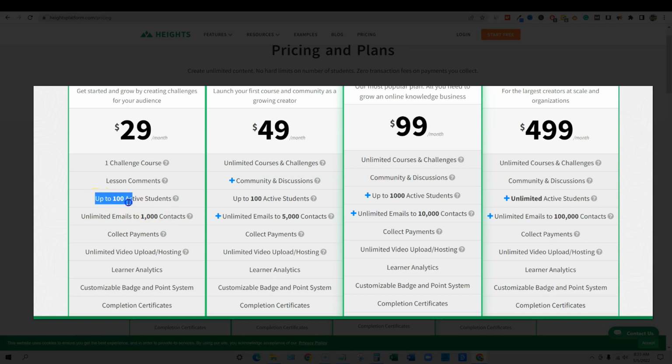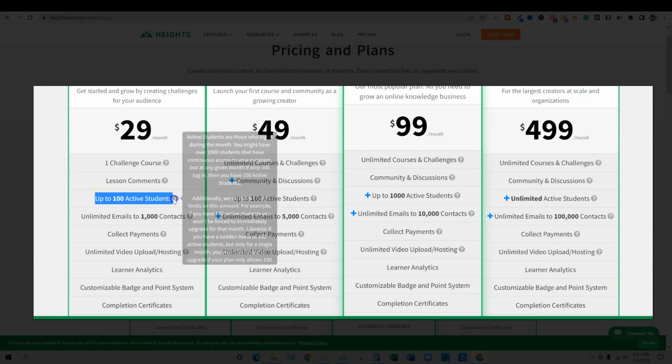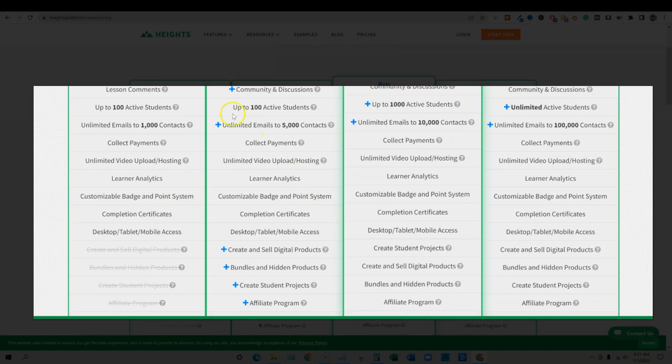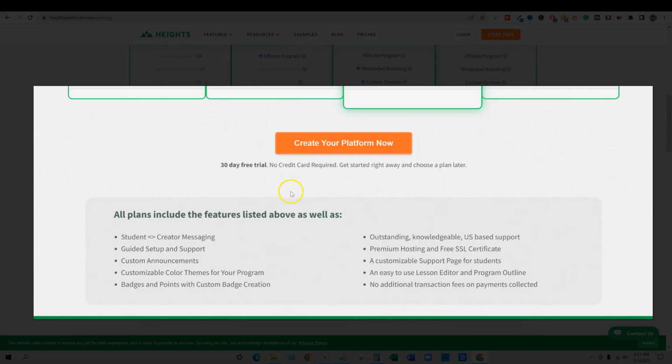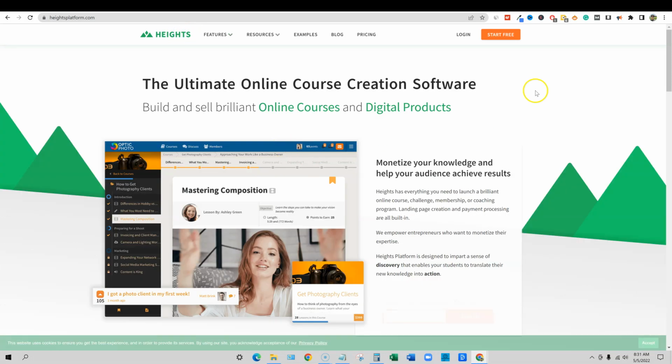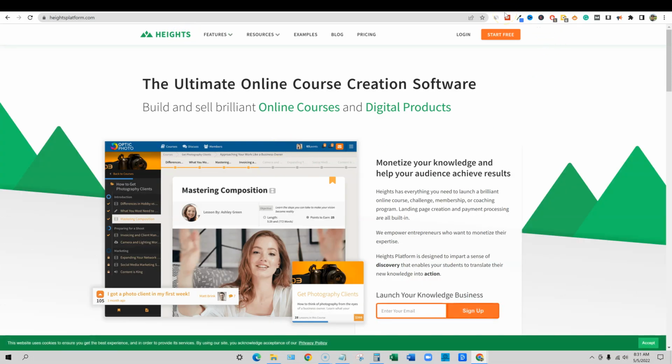We'll go over this active student situation because while that looks low, we'll have to explain what it is. Then you're looking at $99 a month for unlimited courses and more. So in my opinion they still have better pricing than Thinkific. For $99 a month you would be able to have unlimited courses, or $49 a month, and so forth. But as the students keep going up, you have to buy a different level package. We'll go over the lifetime deal pricing in a minute, which you'll see is a really, really good deal.